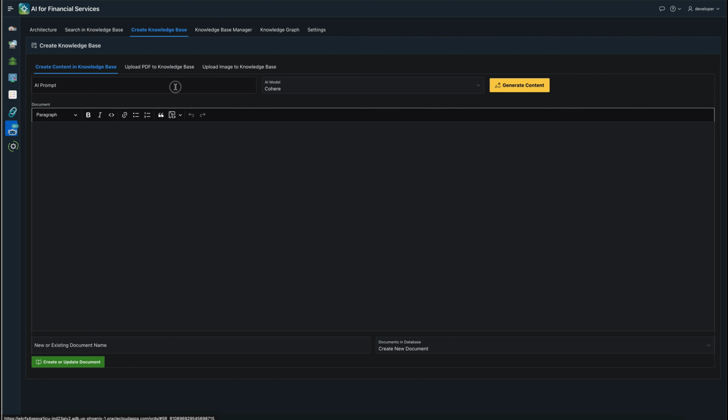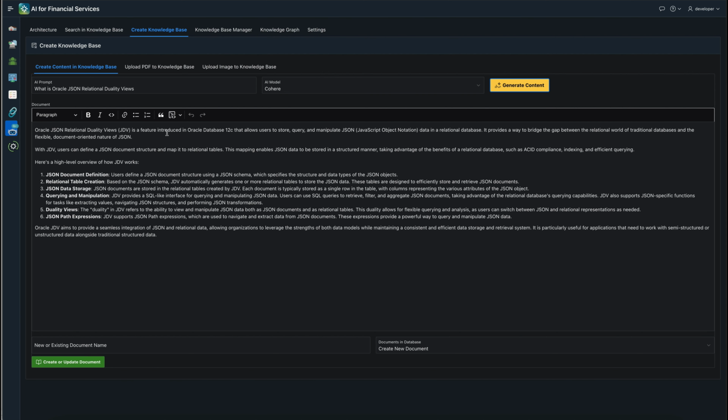We can also create knowledge. For example, what is Oracle JSON relational duality views? We can query this on Meta Llama or Cohere large language models, like the one that you're seeing here. Once the LLM result is available, we can save this data in the database, edit the data, add more documents if required, and then